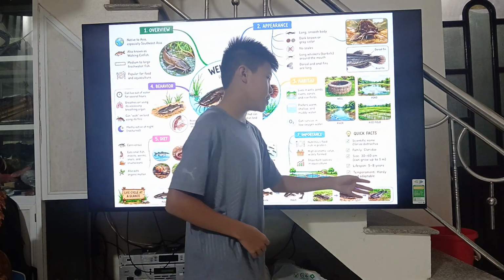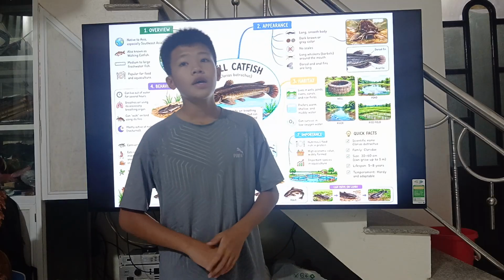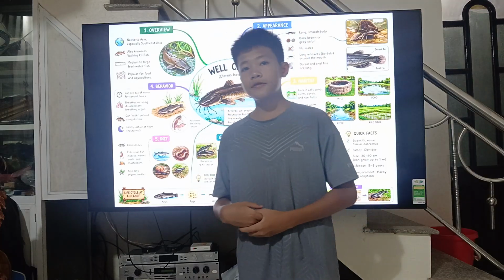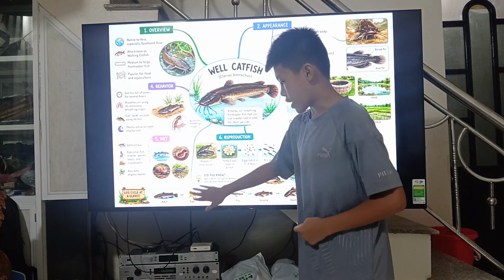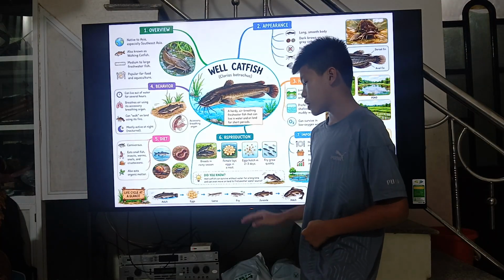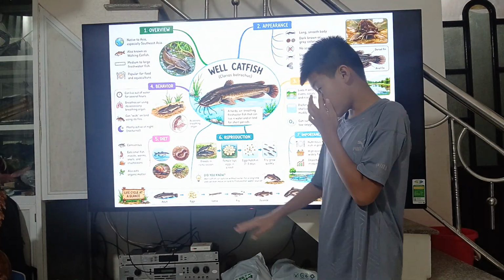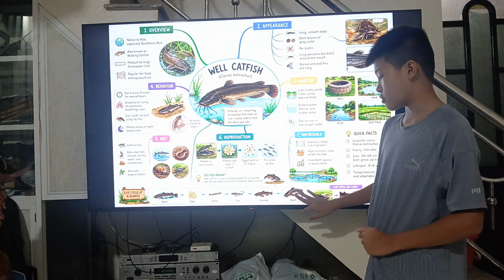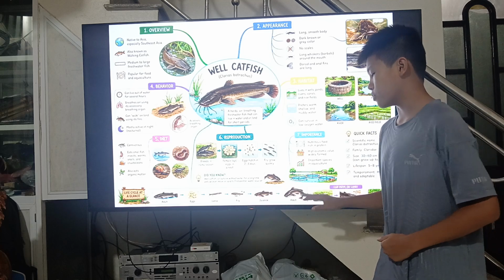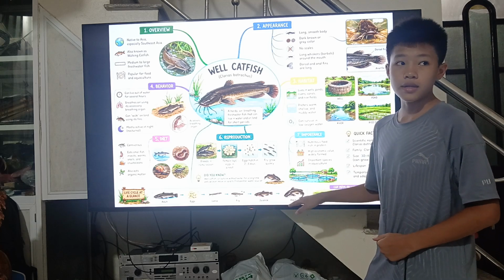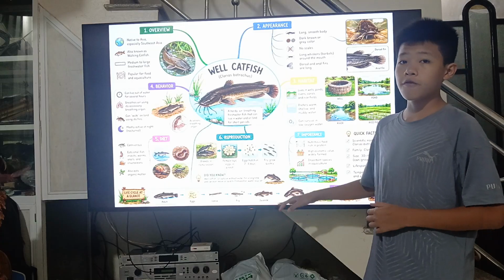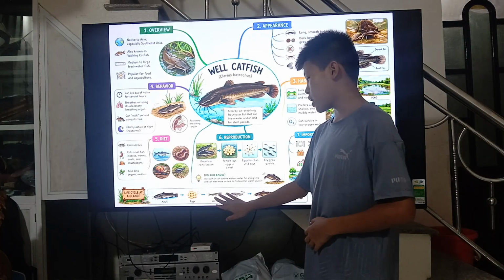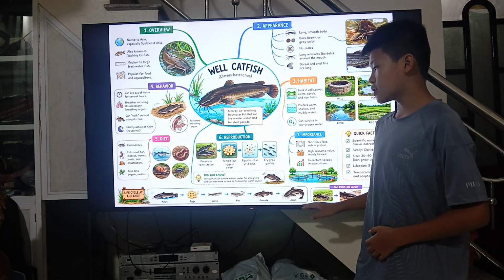The temperature tolerance is very high and adaptable. Now the life cycle. The adults lay eggs, and the eggs hatch into larvae. Larvae grow to be fry, and then they become juveniles, and then adults. The adults find females or males to lay eggs, and then they go to larvae again, fry, juvenile, adult, and lay eggs.